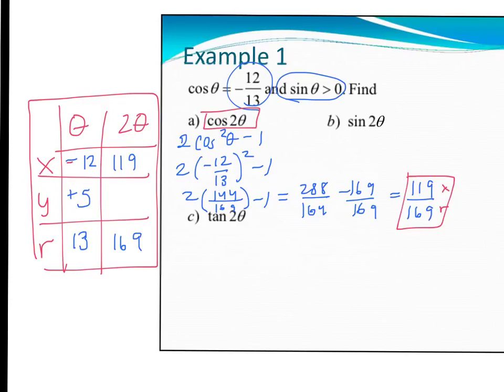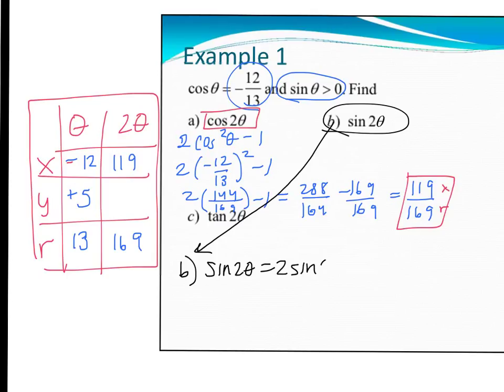Alright, now when we try to determine which one we want to do, the formula for sine is way easier to work with than the formula for tangent. So I'm going to go ahead and do my sine formula. And for the sake of room, I'm just going to write it down here. So sine of 2 theta equals 2 sine theta cosine theta, one of the formulas we just learned today,